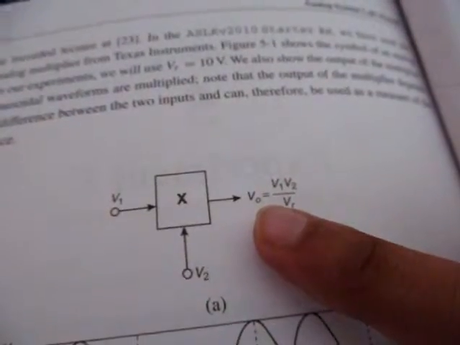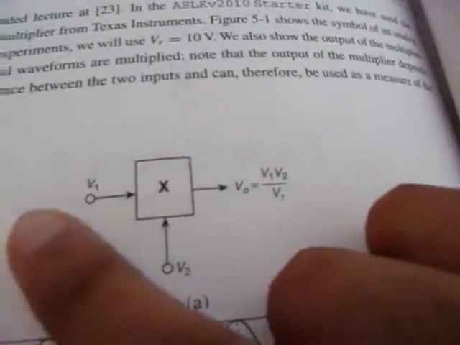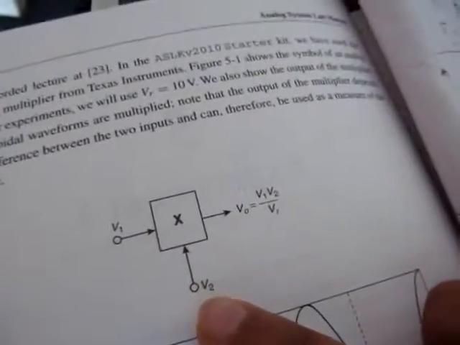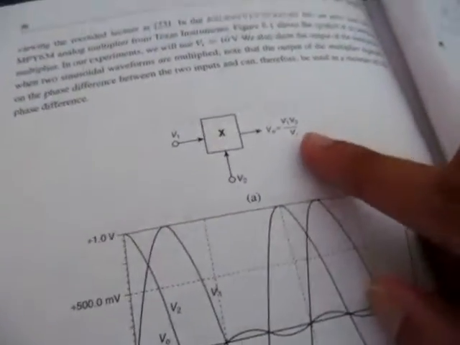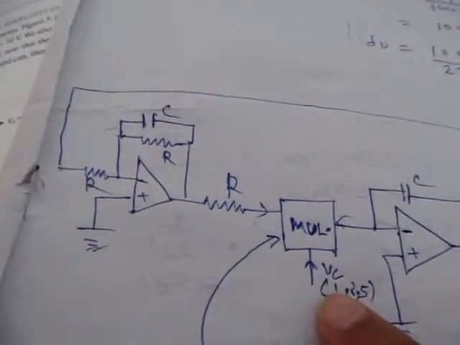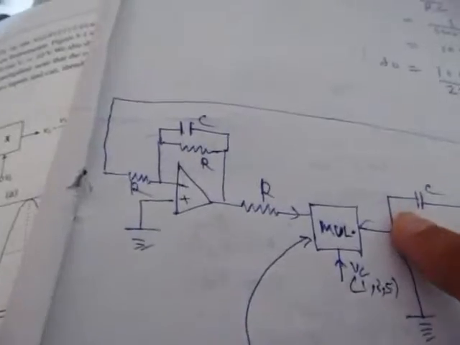of the analog multiplier IC, where this is the band pass output and this is the control voltage, and here VR is the reference voltage which is 10 volt. Now this is the circuit drawn by us, where we have used the multiplier block, and this is the band pass output and this is the control voltage output, and this is the output of the multiplier,